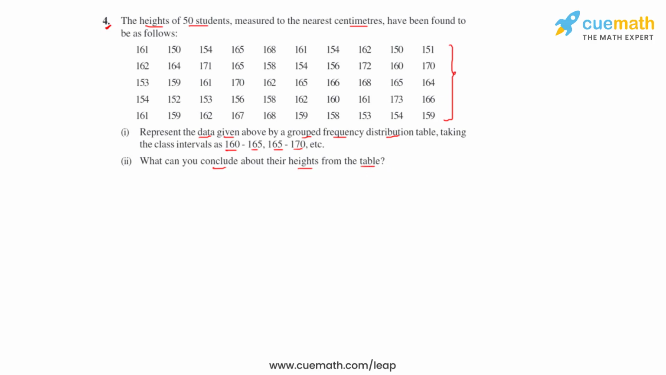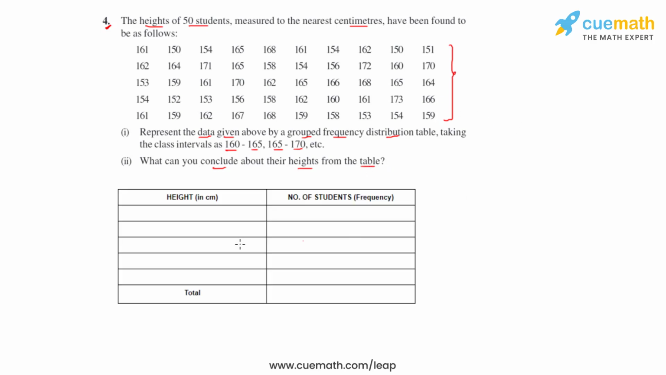So let's first have a table where we have height in centimeters and the number of students, that is the frequency associated with a particular class. As already given in the question, we will have class intervals as 160 to 165, so we get a class size of 5. We start with 150 because 150 is the lowest value that we see in the given data. So our class starts from 150